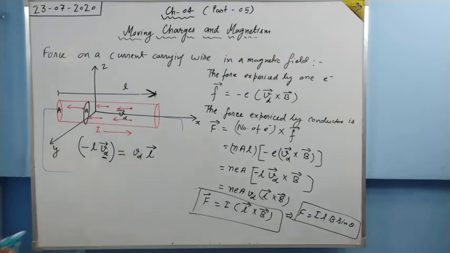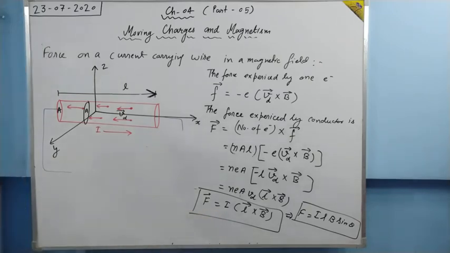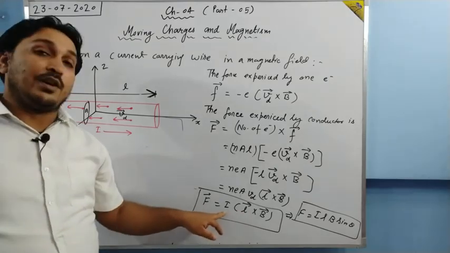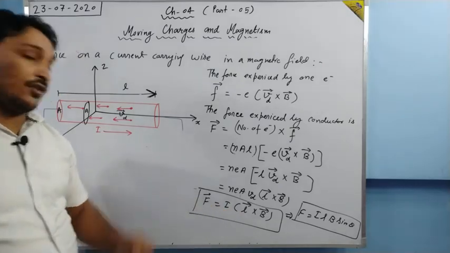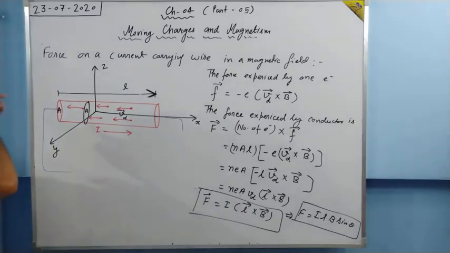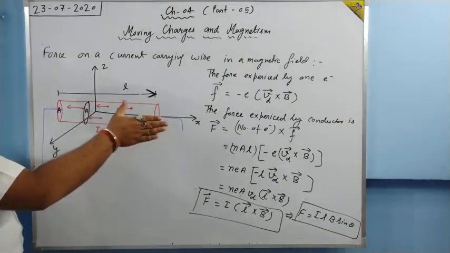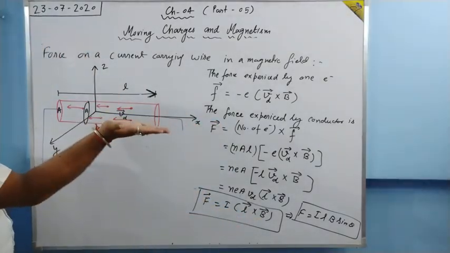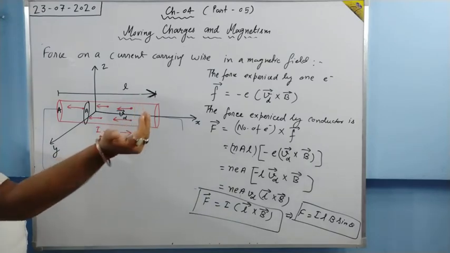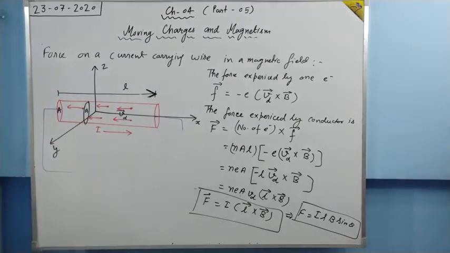Now again, how is the direction of force calculated from this expression? Always remember the direction of L is in the direction of current only. So current is flowing in this direction. First of all, point your fingers towards this direction, then towards B. I am applying the cross product rule. Towards B, the fingers go up. What is the direction of the extended thumb? It is perpendicular outward. So the force on this conductor will be perpendicular outward.